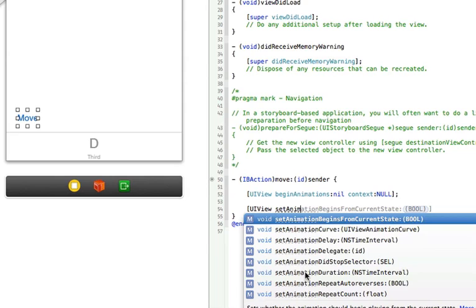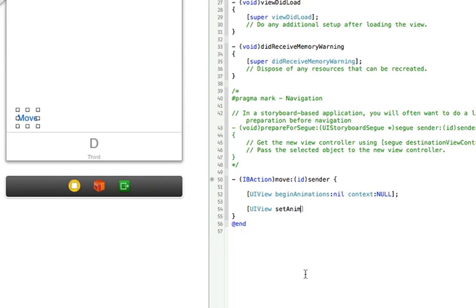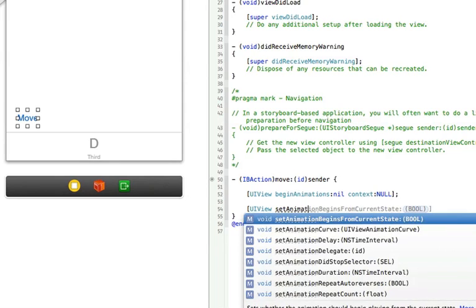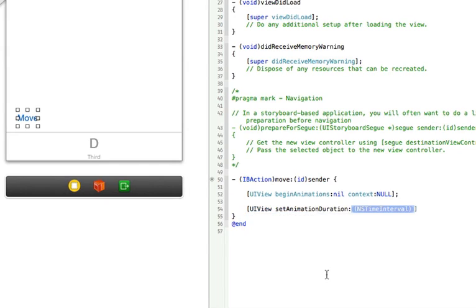Set animation duration, that's the one I want. Whoops, lost it. Set animation duration, so I'm going to double click on that, and it says NS time interval, and it's going to be 1.0, and that's going to be followed by a square bracket, semicolon,